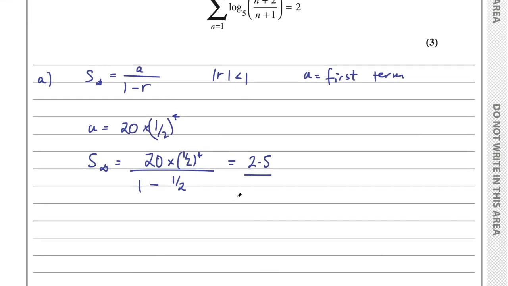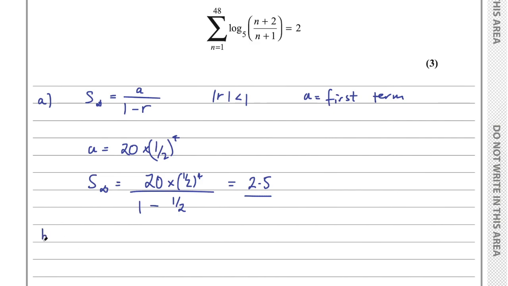Then part 2, we want to evaluate this sum. And for this one, I'm not really exactly sure how to evaluate it, but I know it's not a geometric series, or I'm pretty sure it's not a geometric series. It's not an arithmetic sequence. So when it's a sum that I'm not sure about, I would generally just write the terms out, or start by writing the terms out and see what I get. So for the first term here, n equal to 1, I'd have log base 5 of (1 plus 2) over (1 plus 1). So 3 on 2, plus the second term,